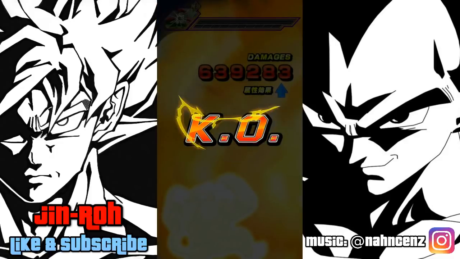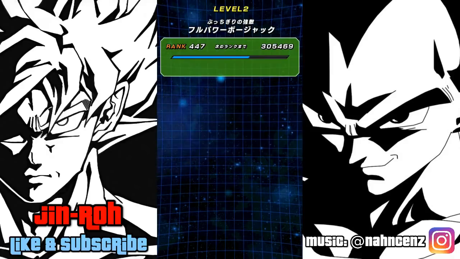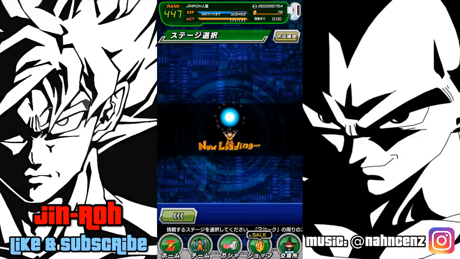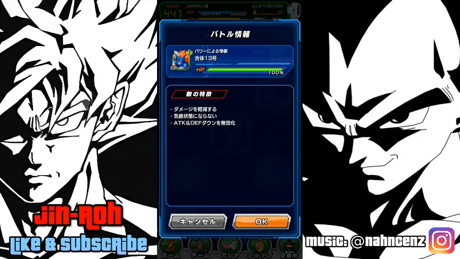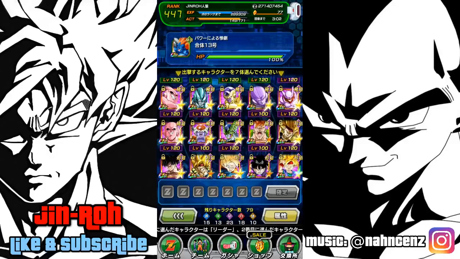Alright, so that took care of Bojack here. So on to the second one, which is the TEQ Android 13. Alright, so let's take a look at his stuff here. Reduce damage, can't stun, and you can't reduce attack and defense. So those are the restrictions for the